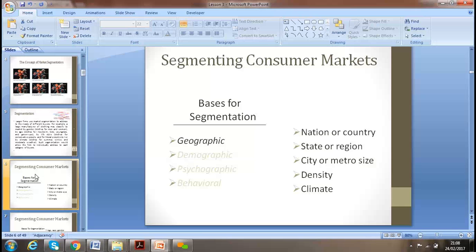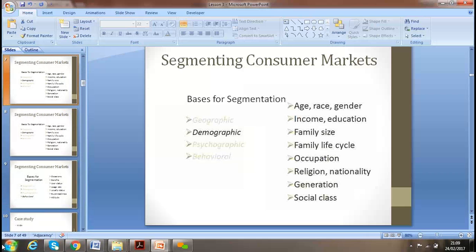Geographically, the same hotel, Hilton, segments in different countries. Quite big hotels, but in a few areas there will be small hotels as well. Look around and we can segment according to the need, the location, the country, the size, and the area. So we can segment on the basis of geography.